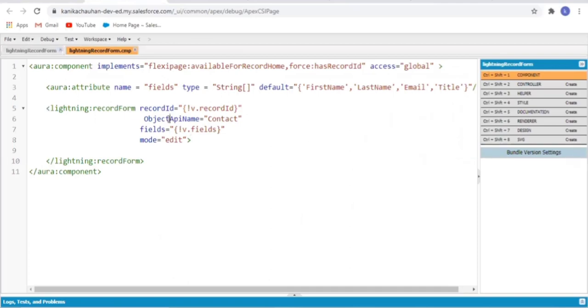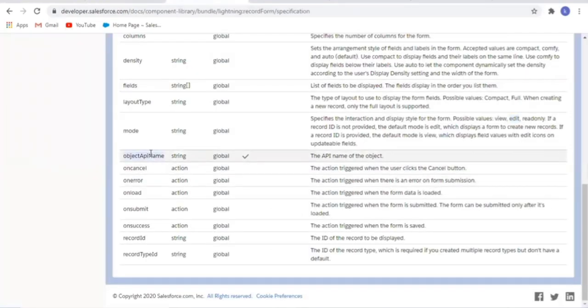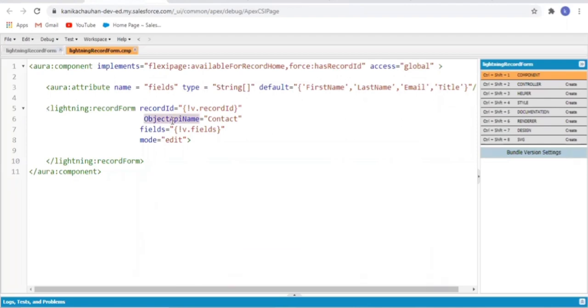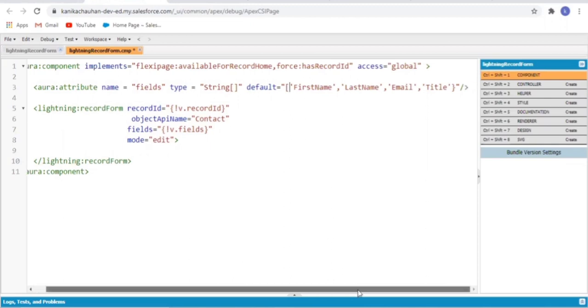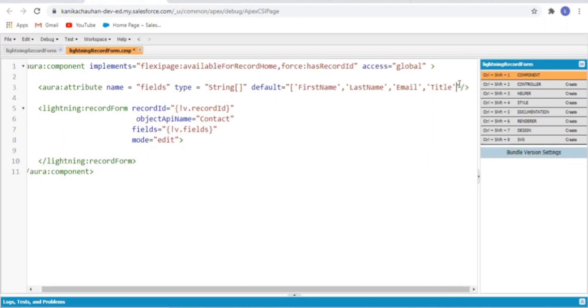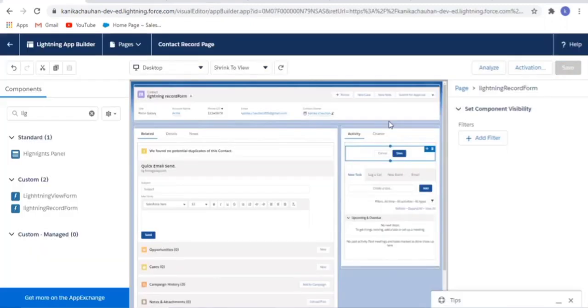I think it must be because of case sensitivity. As we all know, our components are case sensitive, and we have to keep this in mind. Also here, instead of curly braces, we have to use square brackets. Let's refresh and save.